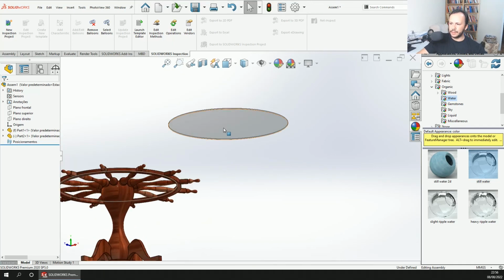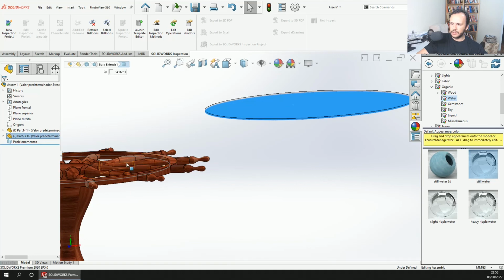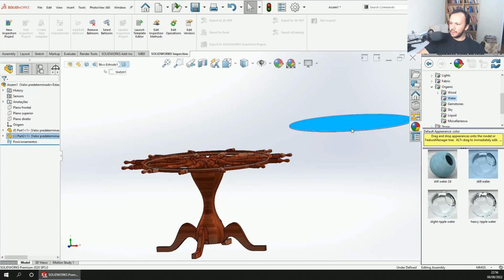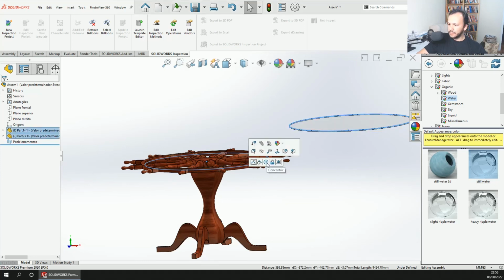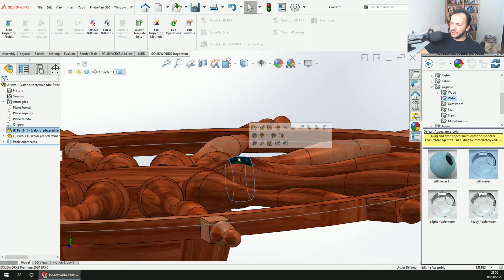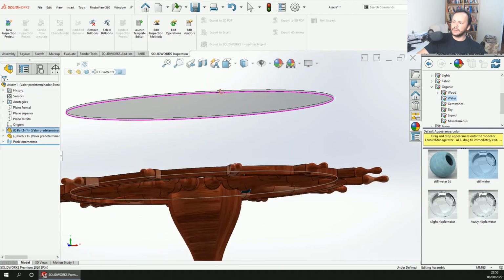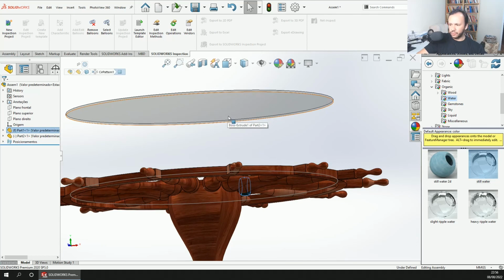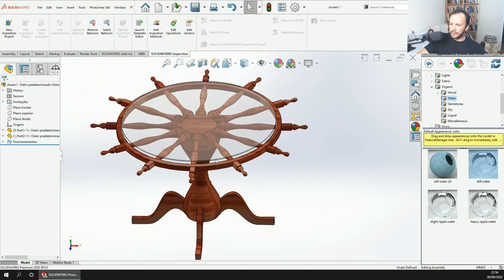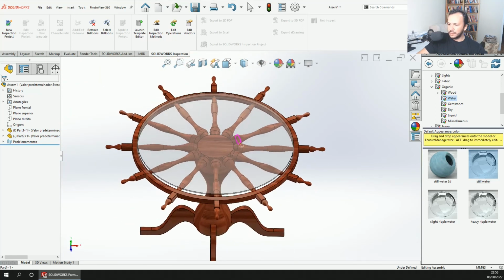Okay, now it's done. Select the edge, select the circle and make concentric, holding Ctrl. Okay, now select this place, hold Ctrl, select this face and make tangent. Now as you can see, we have one table to you